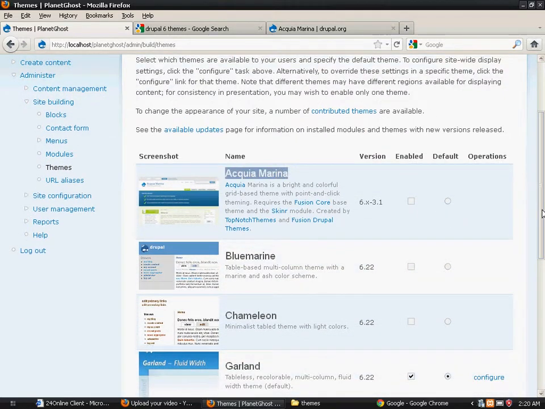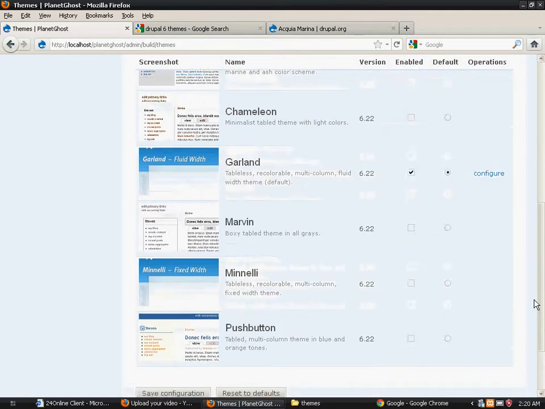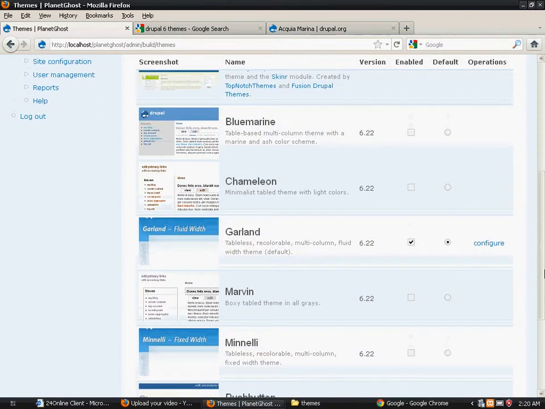There are a few more default themes you get with Drupal.